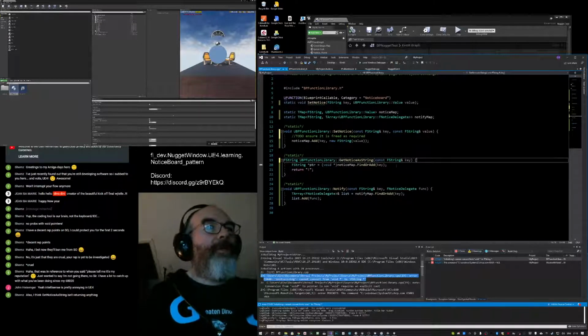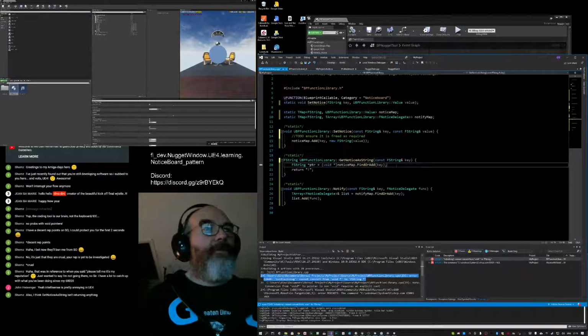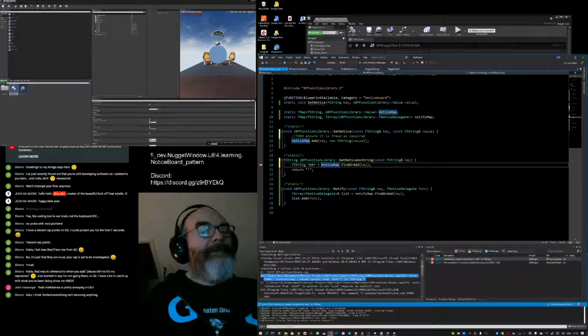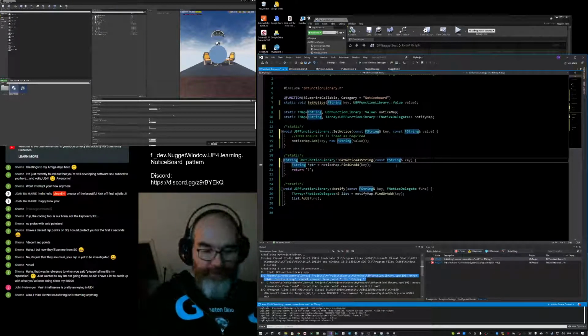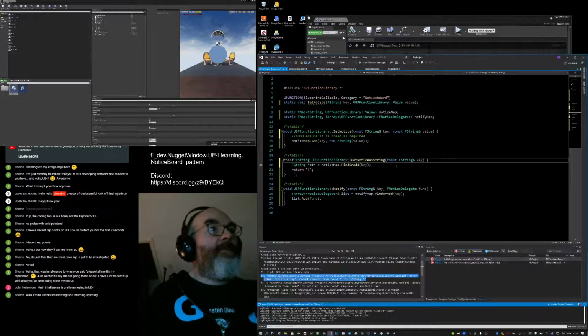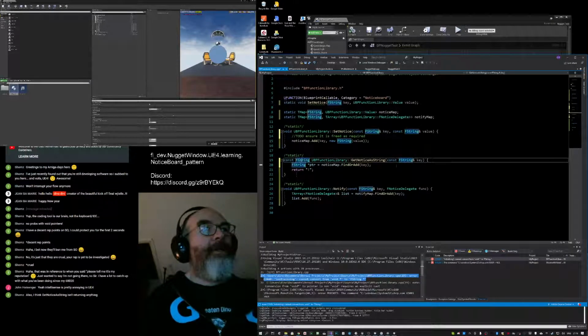Meanwhile, over here, we're going to get our notice as a string. So there we do find.add key, which gives us a void pointer. And this just needs to get converted into an F string. And actually, thinking about it, it is totally appropriate for me to return this as a const reference to an F string.